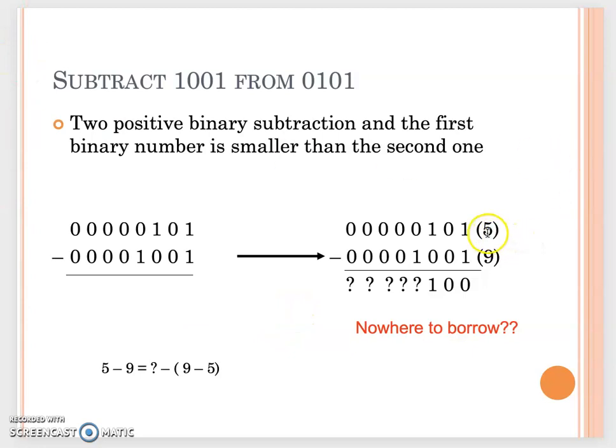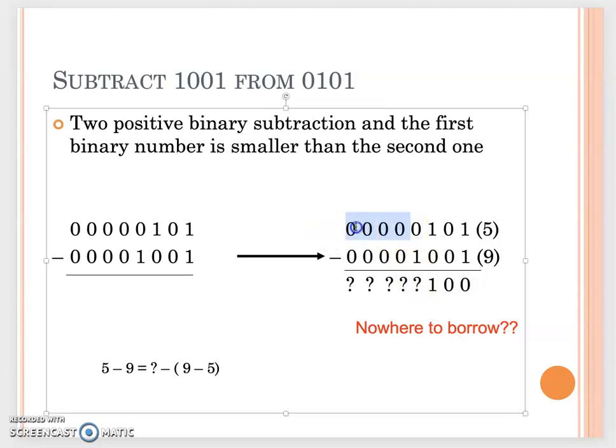So that's why you can see here, you have 5, that's 101. 9 is 1001. When you try to subtract, you don't know how to borrow. 1 minus 1, 0. 0 minus 0, 0. 1 minus 0, 1. But when you have 0 minus 1, how do you do that? Where do you borrow? You see, you have no way to borrow, so that's why you don't know how to